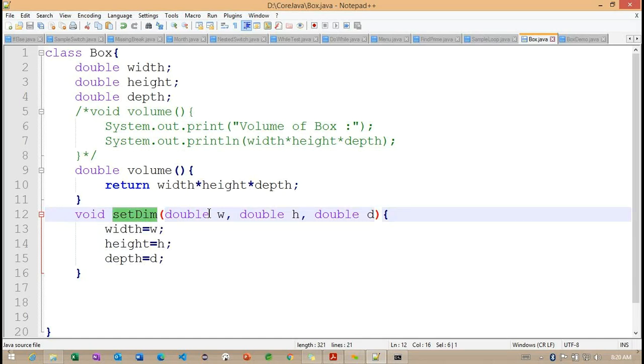So because of this, these three variables are stored in the stack memory. Basically, once the particular operation is completed, the stack memory is no longer available. But heap memory will be available until we terminate the object reference.